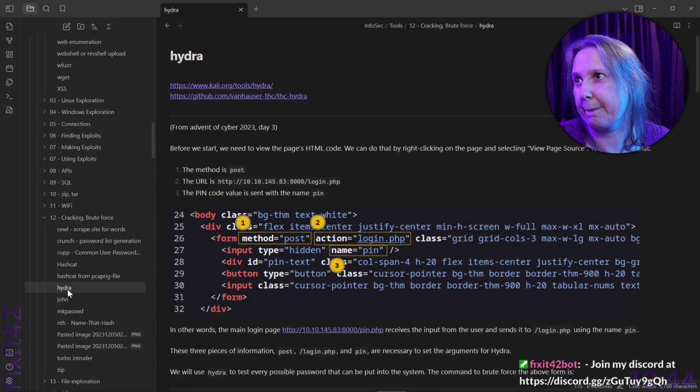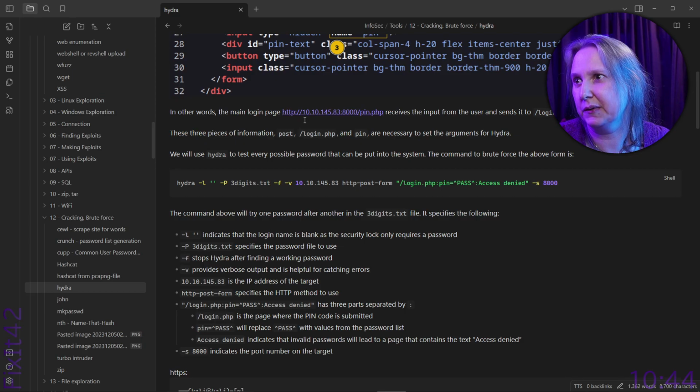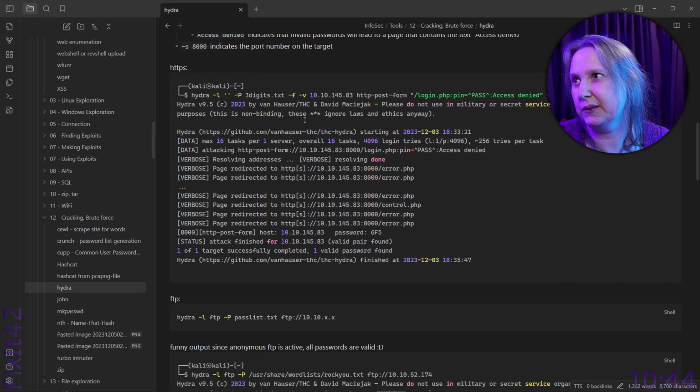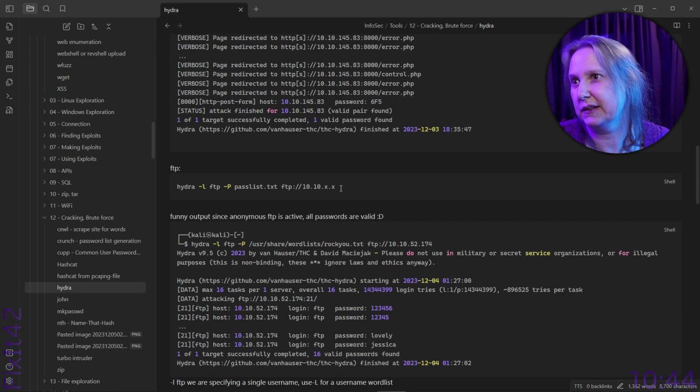So I would kind of assume Hydra can do FTP, but I don't remember how to type this. Oh my, why do I have so much information? Here I have an FTP one.